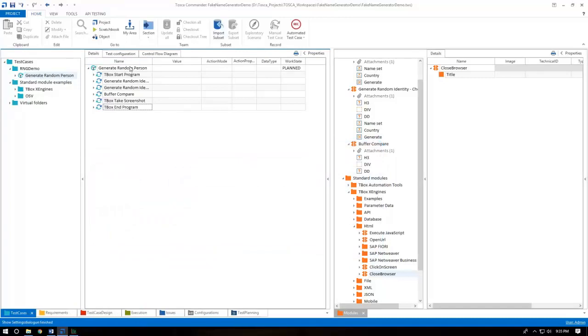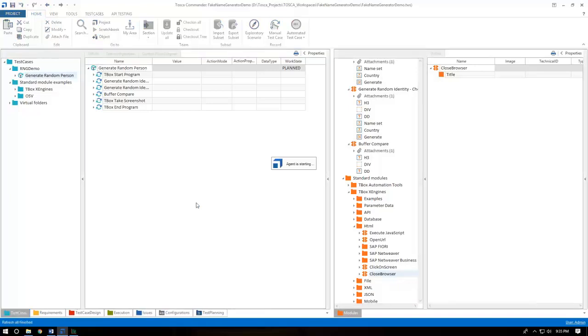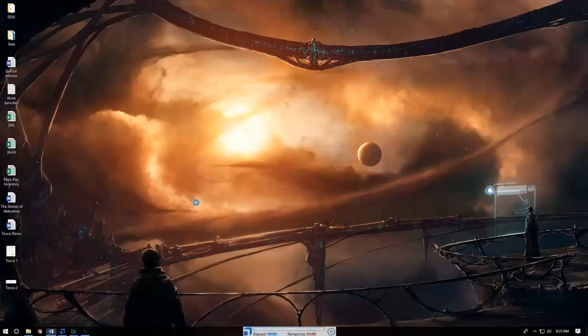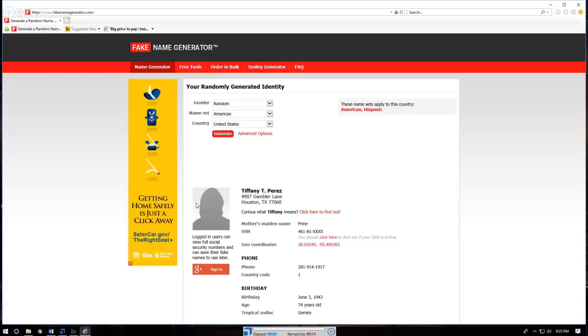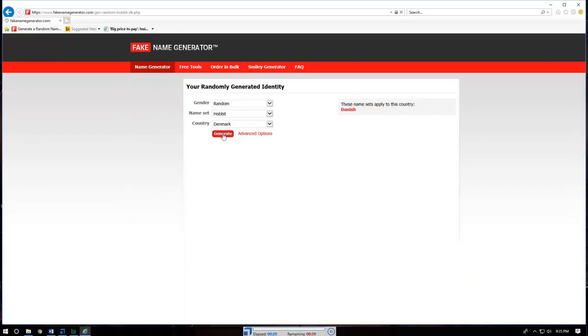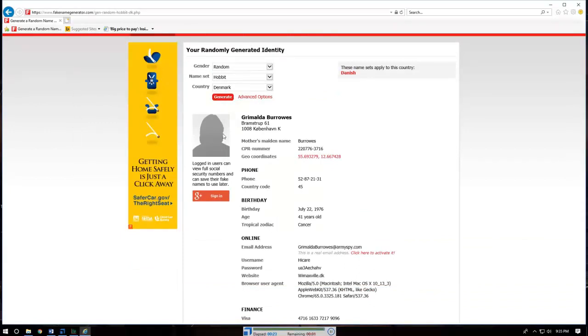So we'll go ahead and start from the very top, which is the full process. I selected the default task. I'll press F6 and we'll run through and see if this all pans out like it should. Alright, so it has opened up the page. It's now loaded. We should be seeing relatively soon Hobbit and Denmark go through. Okay, Hobbit and Denmark, we've generated, grabbed it, we've generated again. It's now running the test. We've taken a screenshot, and I believe